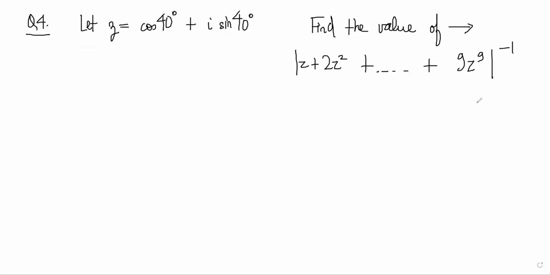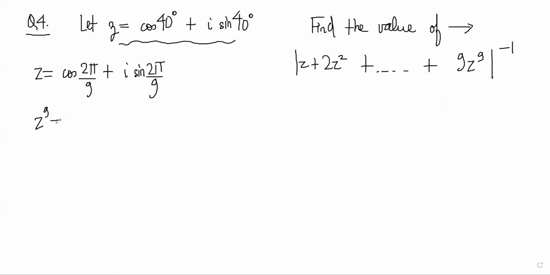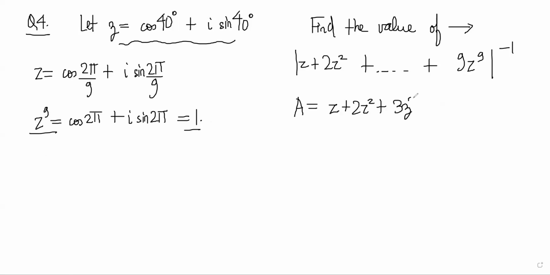So we can say that this z can be written as cos 2 pi by 9 plus i sine 2 pi by 9. And therefore, z power 9 is equal to cos 2 pi plus i sine 2 pi by De Moivre's theorem, which is 1. So z power 9 is equal to 1. And if I look at my expression here, a is z plus 2z square plus 3z cube till 9z power 9. This expression,